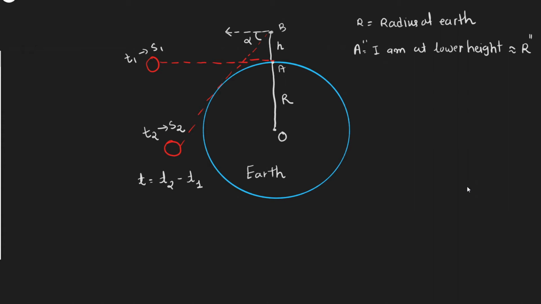Now this will make some angle alpha, and we need this alpha to find out the radius. Now the triangle OCB is a right angle triangle, and these two lines are parallel, so the value of DBC will be alpha, and the value of CBO will become 90 minus alpha.